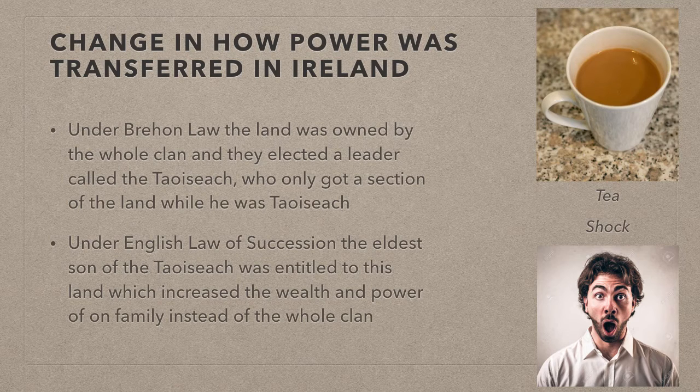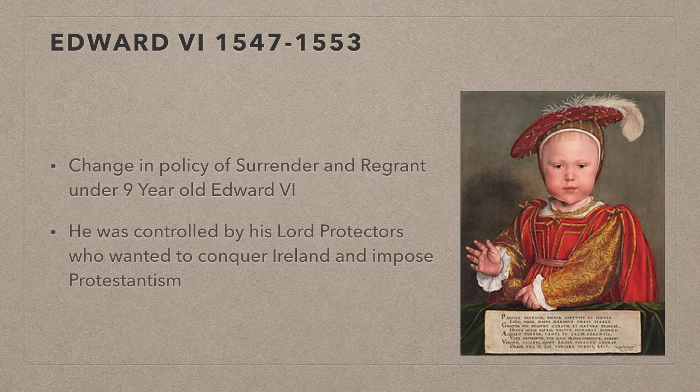Adopting English laws was a big change, as before this the land was owned by the whole clan, and they elected the leader, known as the Taoiseach. The Taoiseach was only given a section of the land while he was leader. Under the English law of succession, the eldest son of the leader got everything and resulted in increased wealth and power for one family instead of for the whole clan. This policy enjoyed remarkable success, but there was opposition in England and among the Old English who believed the Gaelic